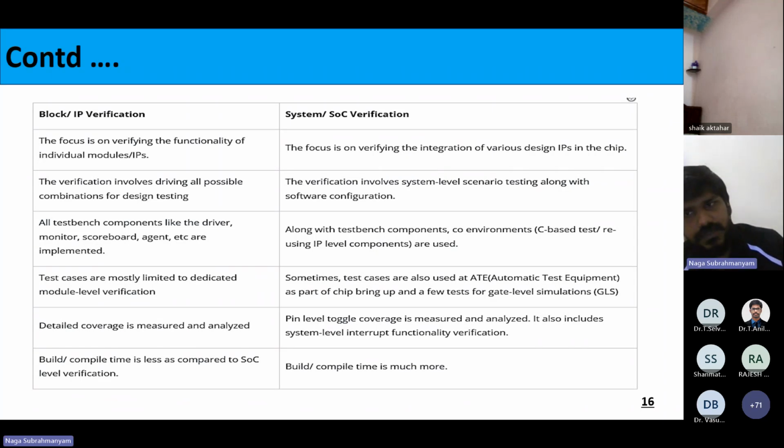But when it comes to SoC level, there is a requirement for C, because at the SoC level the processor is the main thing. The processor will go and write to everything, doing things in assembly level language, so we need C language. So when you want to be part of SoC verification, you need to know a little bit of C.